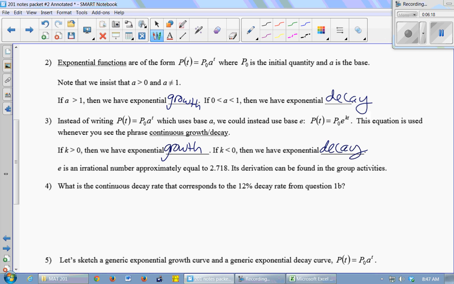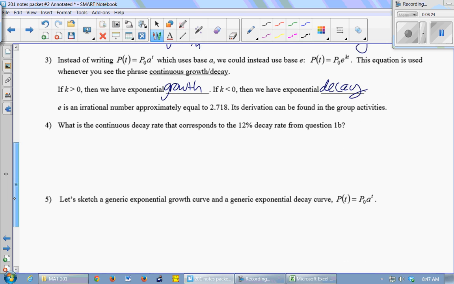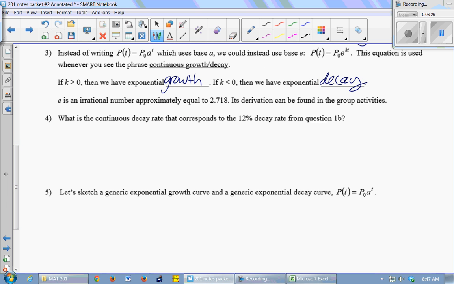So I think this example might help with the k positive, k negative thing. If I wanted to know the continuous decay rate, that's the number k. We call k the continuous decay rate. That corresponds to the 12% decay rate from question 1b. So I have 30 times 0.88 to the t. And I need to know, how do I make that equivalent to a p naught e to the kt formula? So p naught's the same,